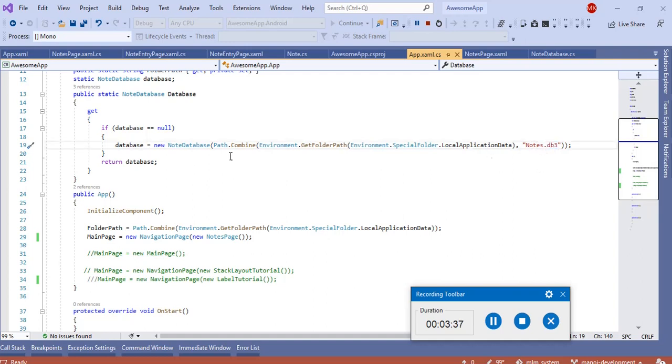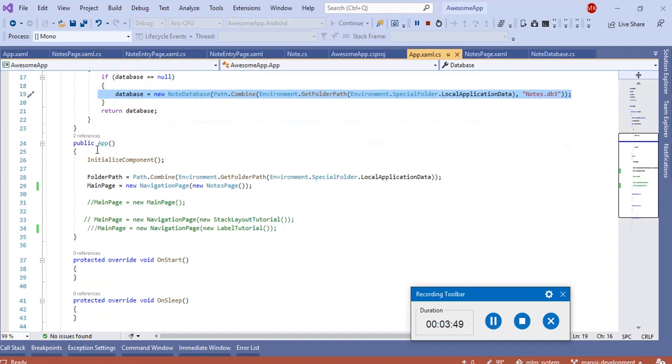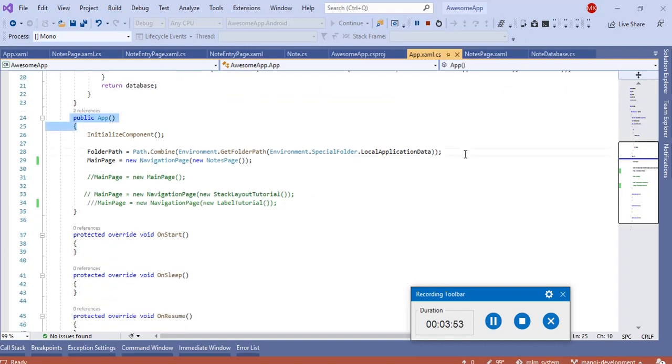And this is the special folder path in a Xamarin application. So in Android you can store the data here. Whenever my application initializes, I go to that folder path and I initialize my notes page. Notes page is the note listing page.